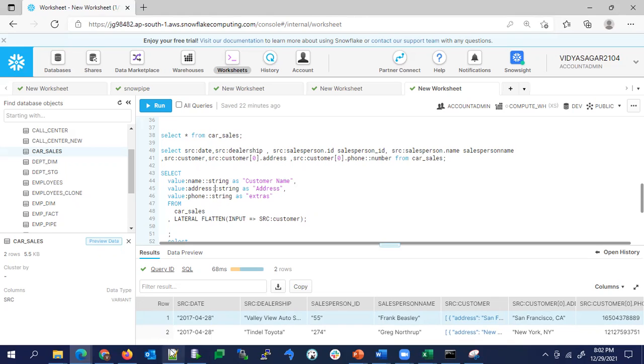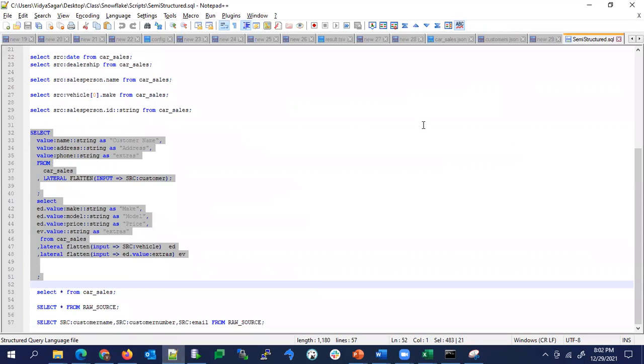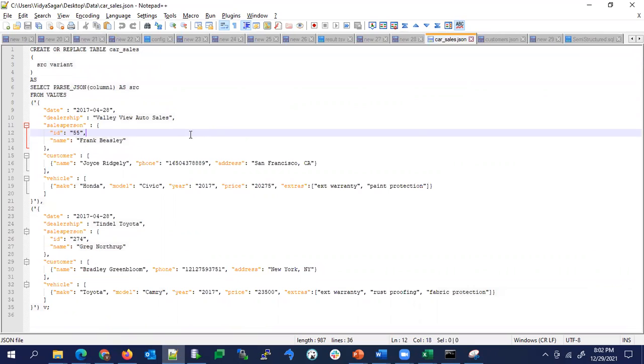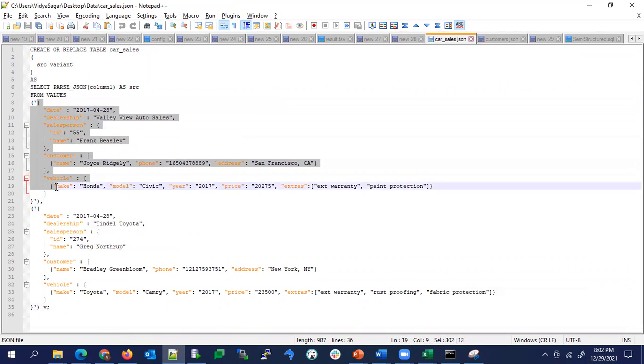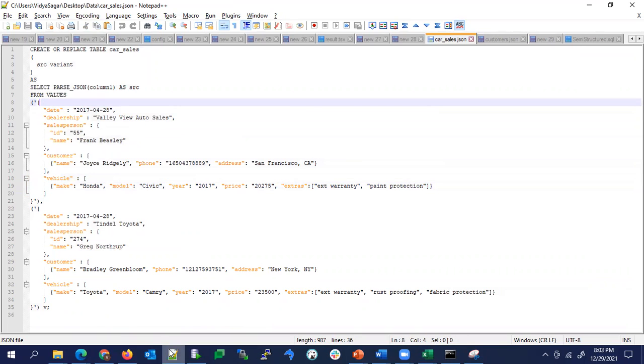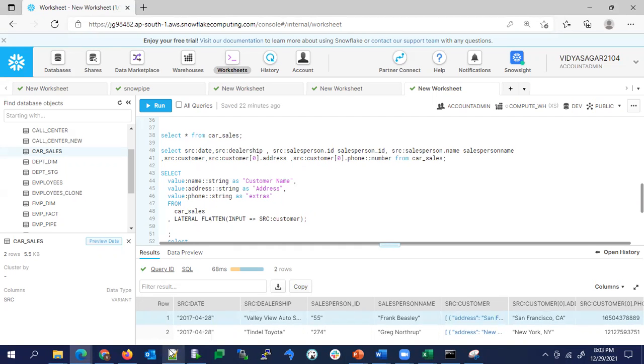Just now we saw that file, right? Accessing data between the different tags, here we have different objects under different tags. Accessing that file in a straightforward way, we have to mention, suppose to access the address, how we are accessing it here. We will see one example. We know that this is the car sales table.